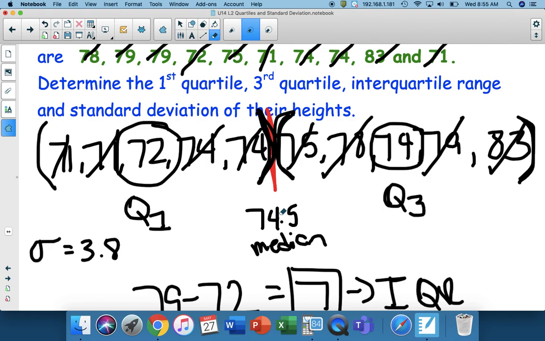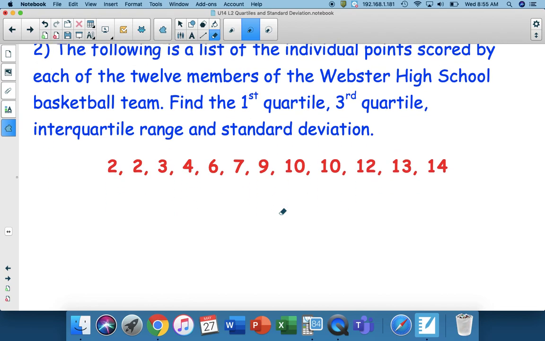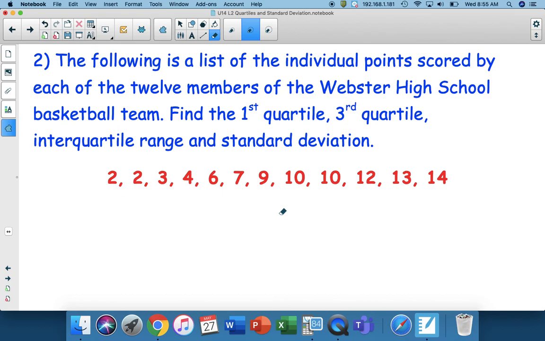So the next question. The following is a list of individual points scored by each of the 12 members of the Webster High School basketball team. Find the first quartile, third quartile, interquartile range, and standard deviation. So now that I showed it to you on the calculator, I don't expect you to do it by hand anymore,